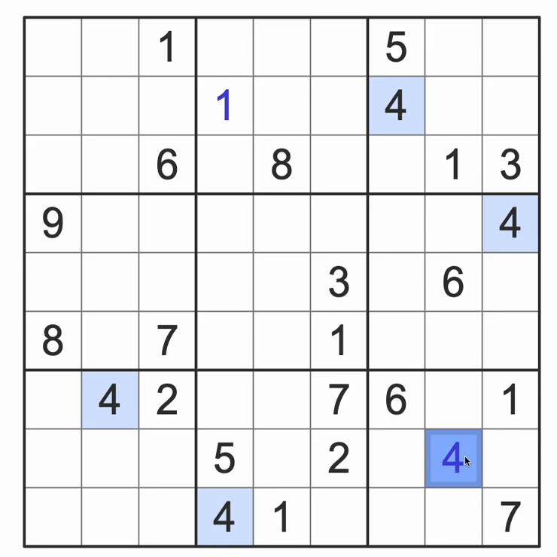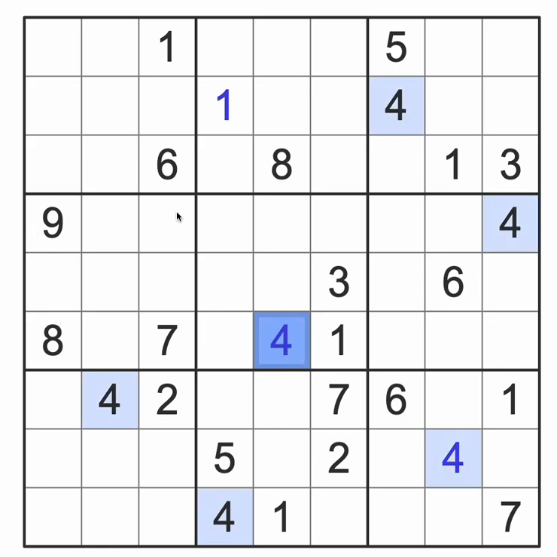And yeah, I can place 4 in box 5. And to do that, I have to look at box 4, where this 4 blocks here and this 4 blocks this. So 4 in box 4 will be here or here, which will block these cells, and this 4 blocks these. This 4 blocks here, gives me 4 here,